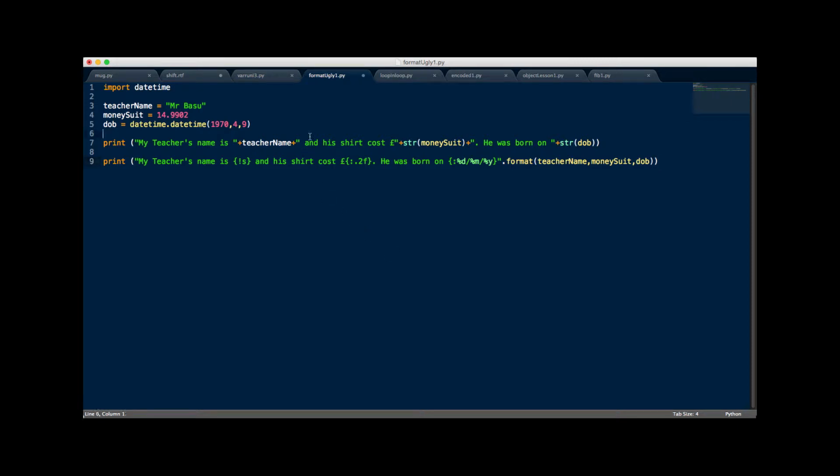Hi, in this short movie I want to talk to you about formatting a string. I've got an example here where I've got a string variable, my name, and a floating point variable, in this case the cost of my shirt, and to demonstrate how this version of formatting is better, I've made the floating point number a 4 decimal place number, and then my date of birth as